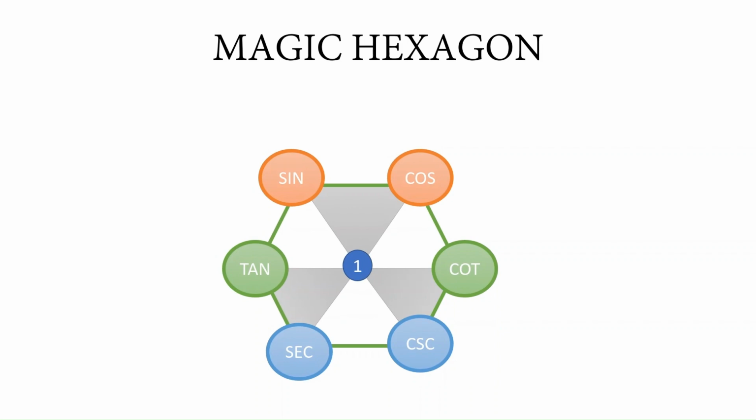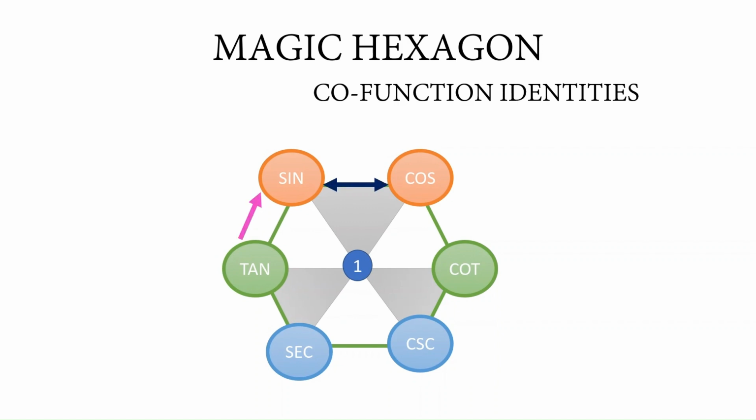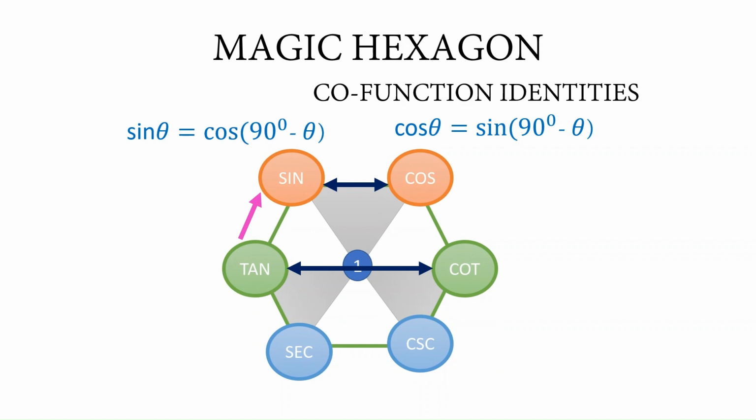Coming to this hexagon, the next thing is co-function identities. For co-function, check the vertices that are horizontal. Like sine and cos, they are horizontal. We have a relation like sine theta will be equal to cos of 90 minus theta. And cos theta can be written as sine of 90 minus theta. Similarly, tan and cot are in a horizontal line. So tan theta can be written as cot of 90 minus theta, or cot theta can be written as tan